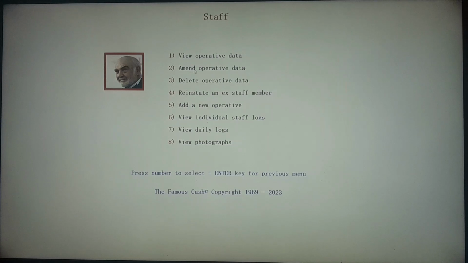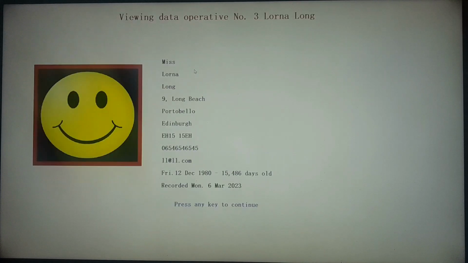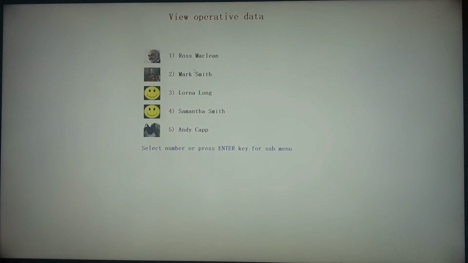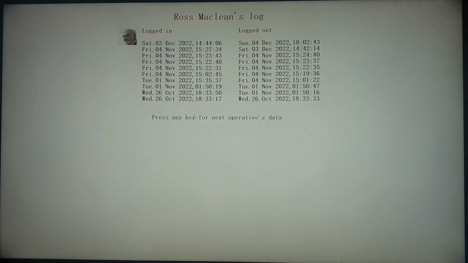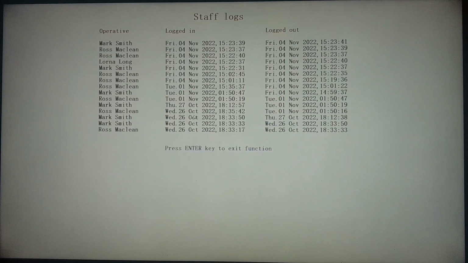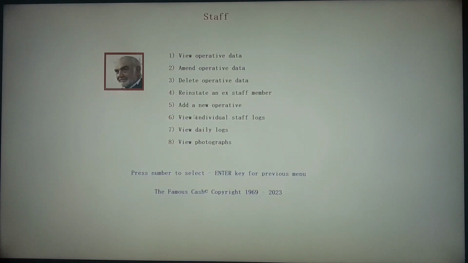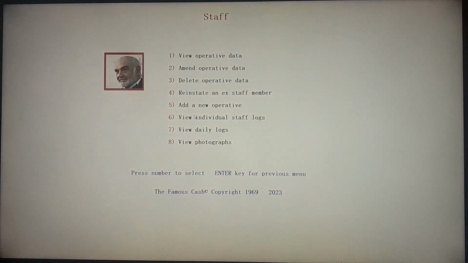USB. You can view staff data. You can amend operative data, delete, reinstate, add a new one. We can view individual logs. And we can view daily logs of times logged in and out. We can view photographs, and where